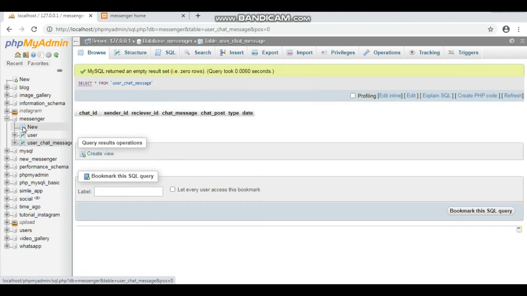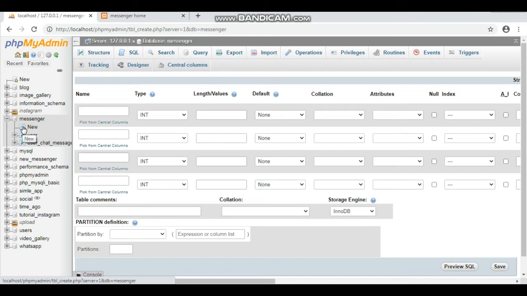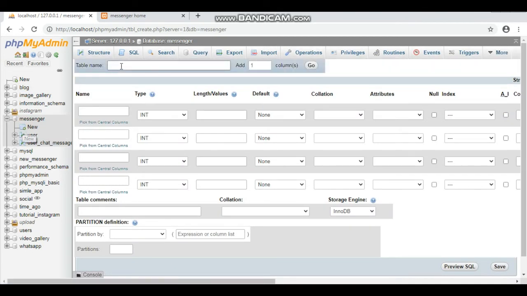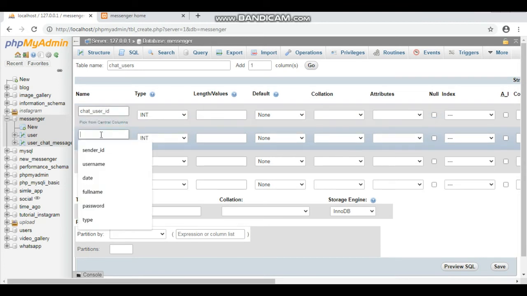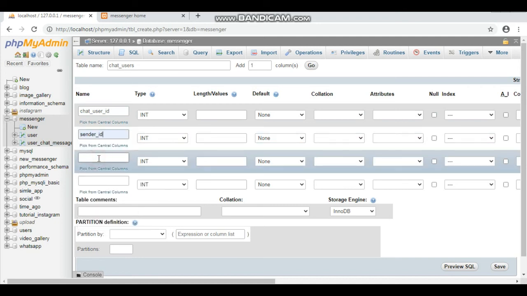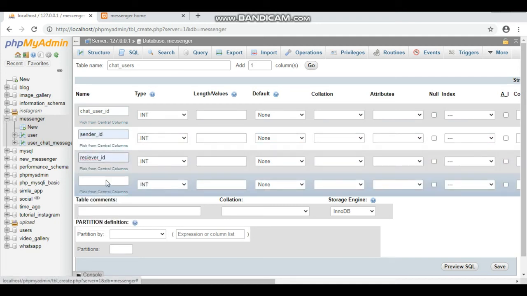Now create one more table, go to the new. Here that is table name is chat_users. Now create column names, here first is chat_user_ID, next is sender ID, receiver ID, and then date.